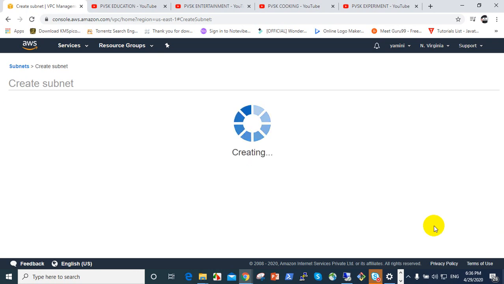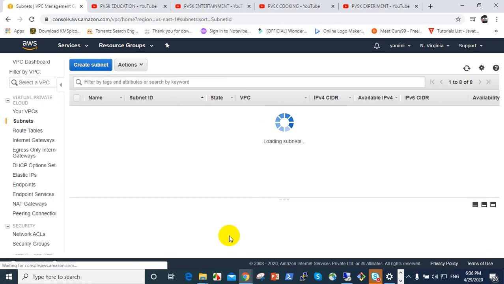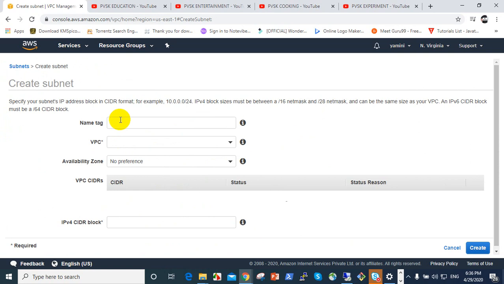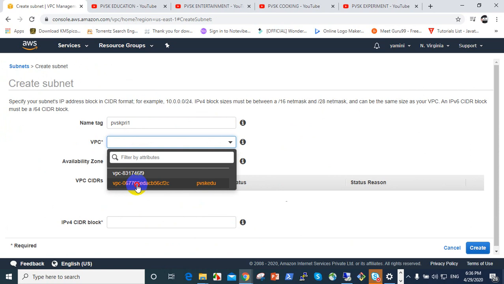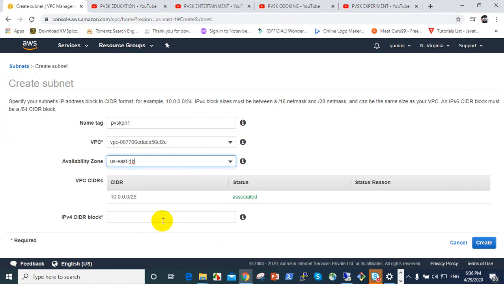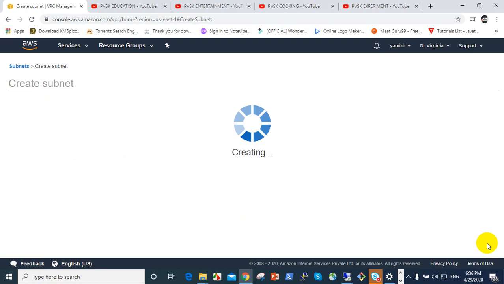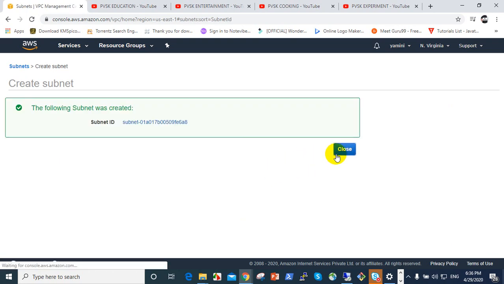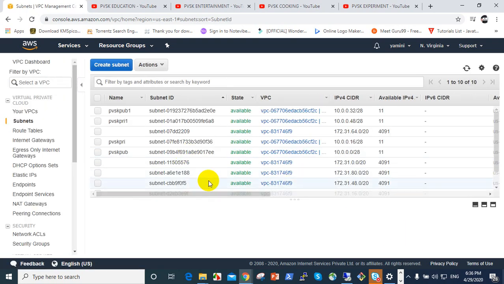When you give this, the third subnet is created. For the fourth subnet, PVSK PRI1, same availability zone 1B, and 10.0.0.48/28. So now four subnets are created.